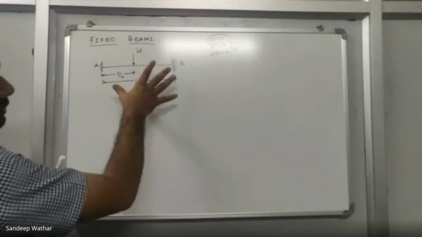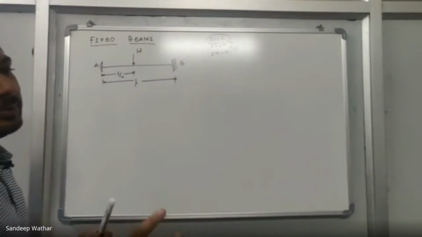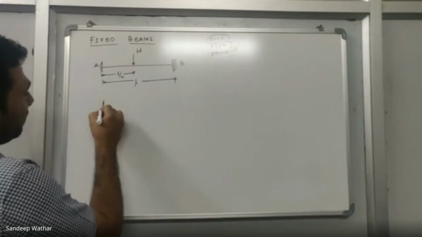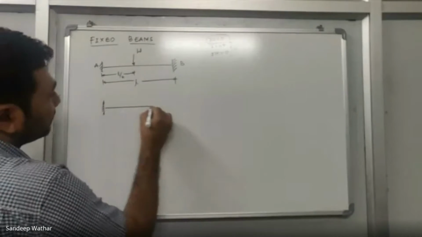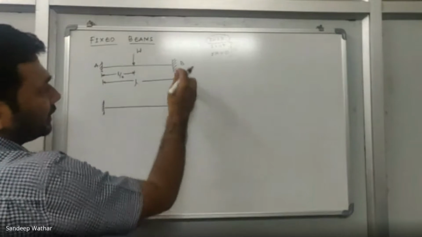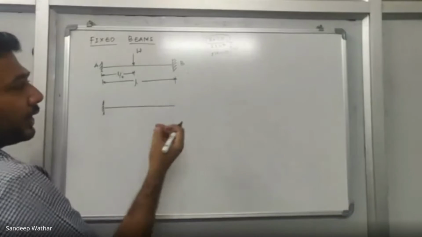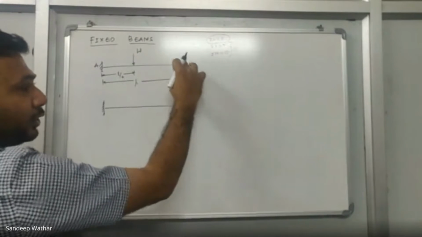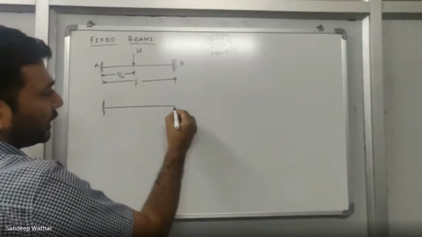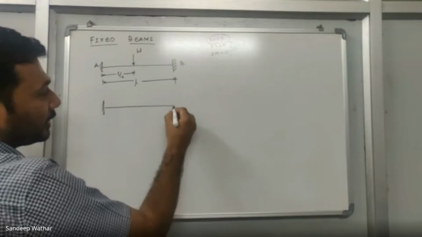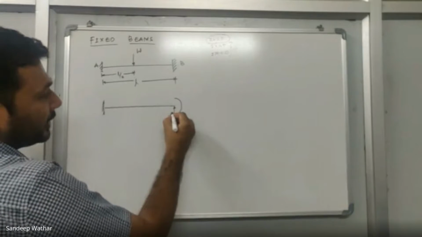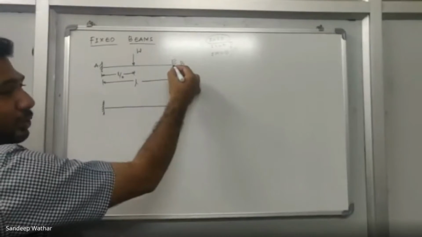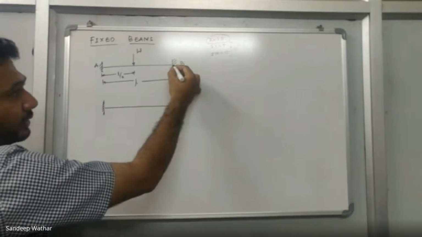So I'll take the same beam, but I'll make some modifications here. I'll keep this A end as fixed itself. This B end I'll release. Releasing means you need to convert this fixed support into a released support. So how do I release it? Release it by applying the probable reactions that will be generated at that support. Like I have already explained, there are two reactions that will get generated at this support, which is